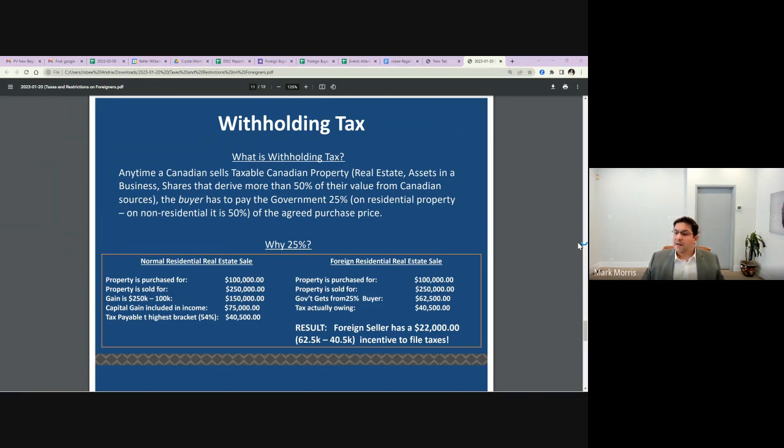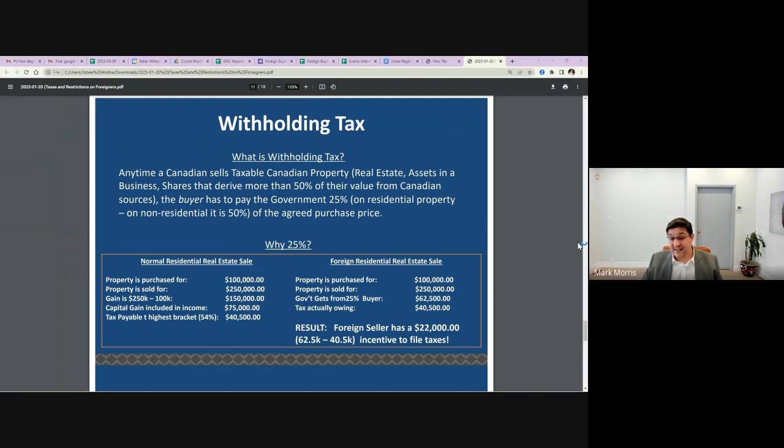Okay. Let's deal with a foreign residence tax sale. The property is purchased for $100,000. The property is sold for $250,000. Same thing, there's a $150,000 gain. The government gets 25% of the total amount of the $250,000 from the buyer or from the seller. This is the way it actually works. But the buyer is obligated if the seller doesn't pay it. That's the way it works. So the government gets 25% from the buyer or from the seller,